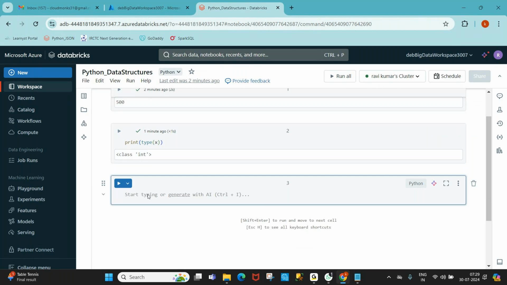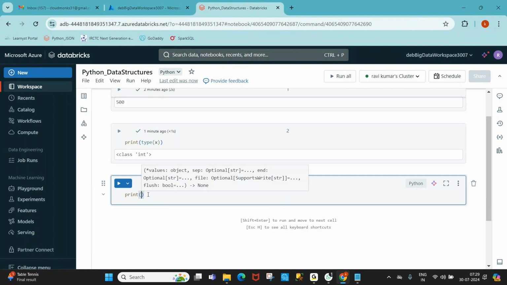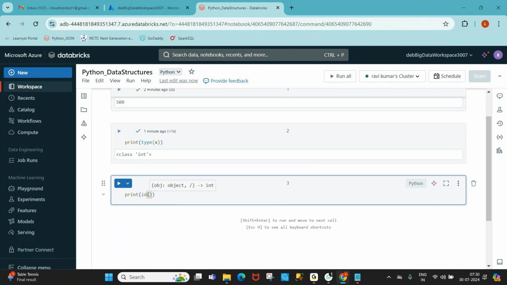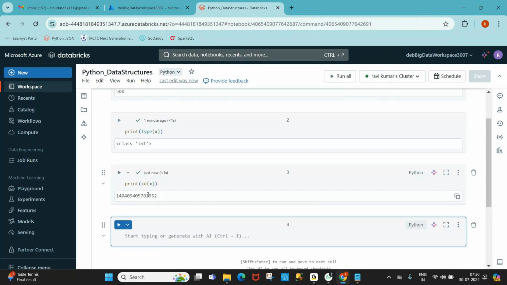The object is referenced by a name called x. So here print id of x. ID is again a built-in function from Python.